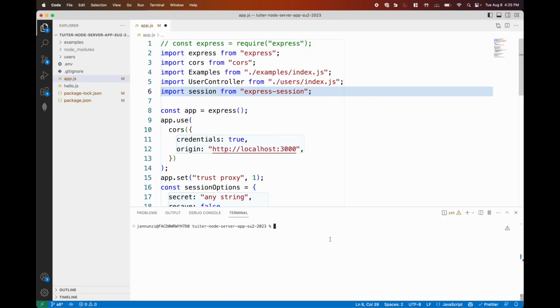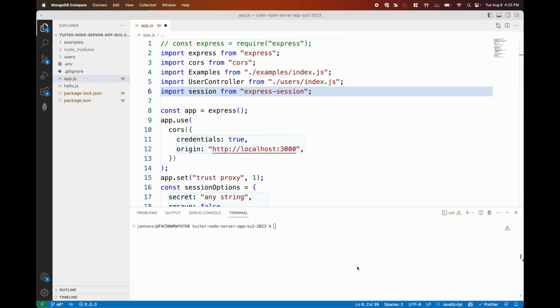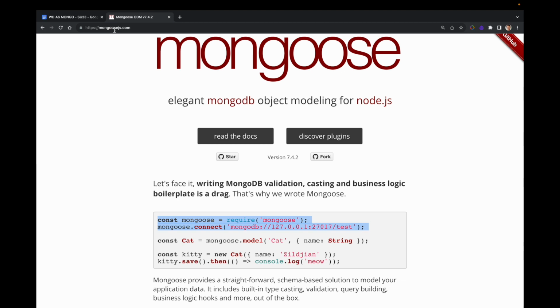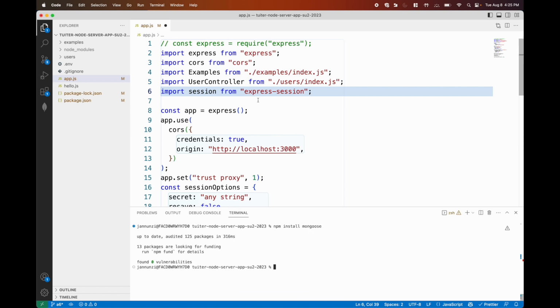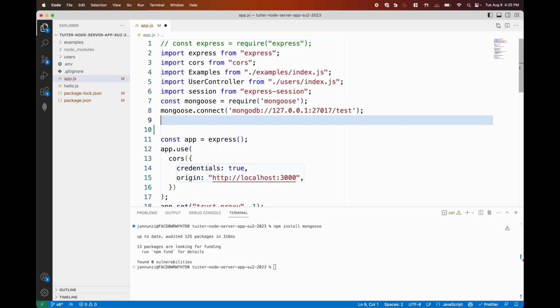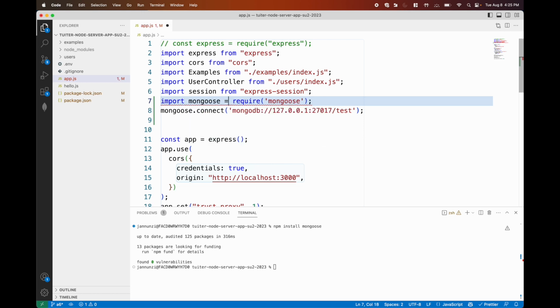All right, so we want to be able to interact with the database. Instead of manually, we want to be able to do it programmatically. So we're going to be using a library called Mongoose.js, and you can take a look at the documentation here at mongoosejs.com. So to use it, we're going to install Mongoose. And so while that is installing, we can use the sheet that they have here, and we can copy these two lines that show how we can import the Mongoose library. We're going to use the newer syntax import from